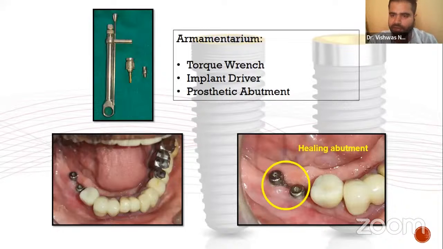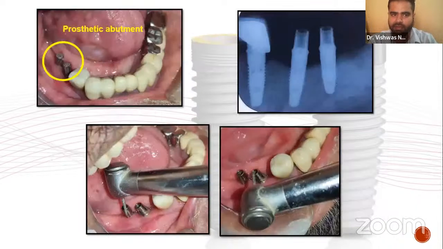The patient was referred to us after the second stage surgery in 45, 46 region, with the healing abutments present. The first step we did was we removed the healing abutment and replaced it with the prosthetic abutment. After that, we took an IOPA to verify the proper seating of these abutments onto the implant head. After that, we observed that there is a slight change in the angulation, which could lead to a non-linear path for our final prosthesis. So we ground the stock abutment with the help of a high-speed air rotor to obtain a single path of insertion.